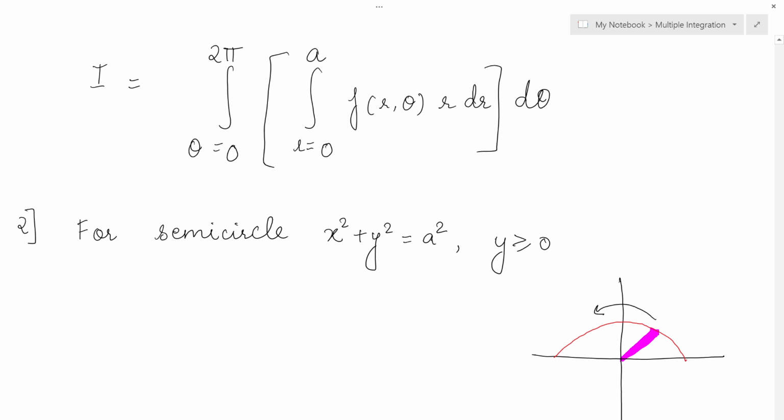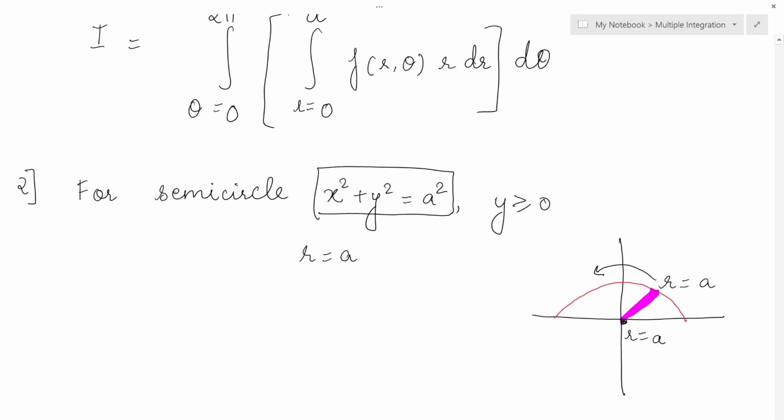Okay. So here it is what? R is equal to A. And semicircle also the equation is R is equal to A only, because the circle equation is same. So semicircle equation is also R is equal to A. Positive quadrant of a circle is also R is equal to A. Okay. So only what will change is your theta. That is my outer limits.